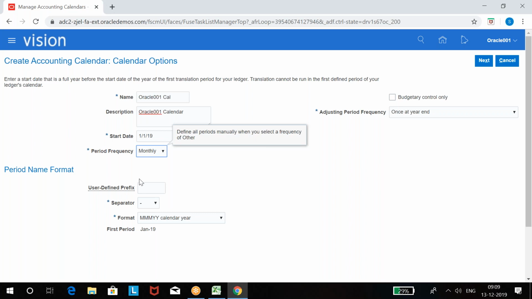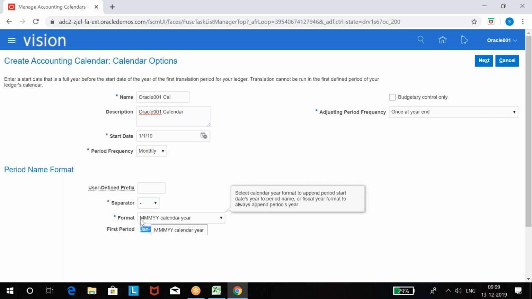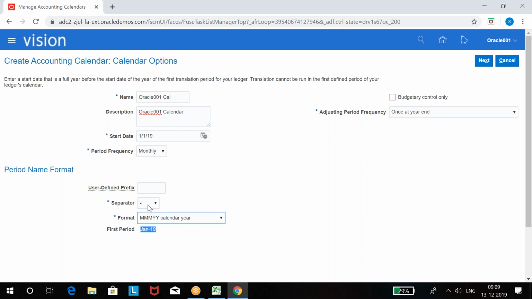And period name format. How do you want the period name? I want period name like this: Jan-19, Feb-19, March-19, April-19. So 3 characters for month and 2 characters for year, separated with a dash.